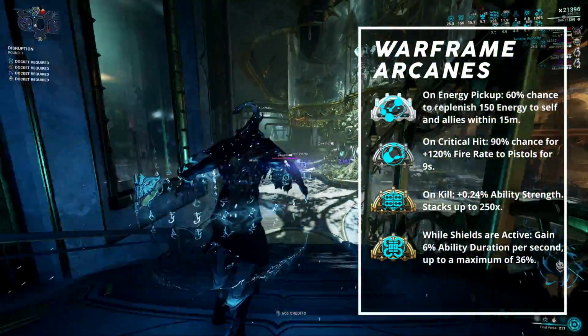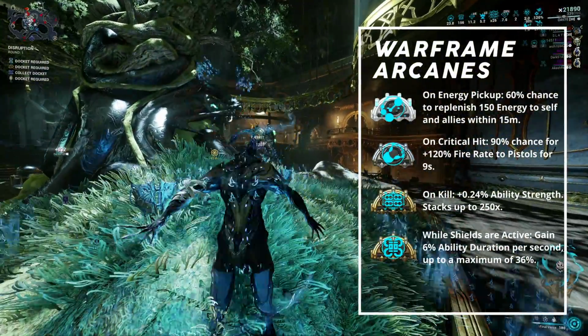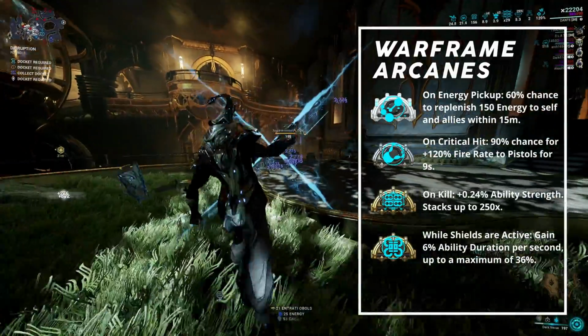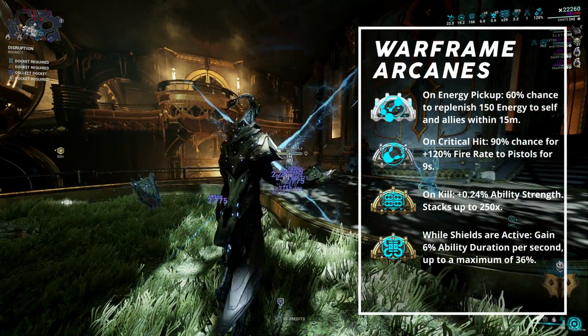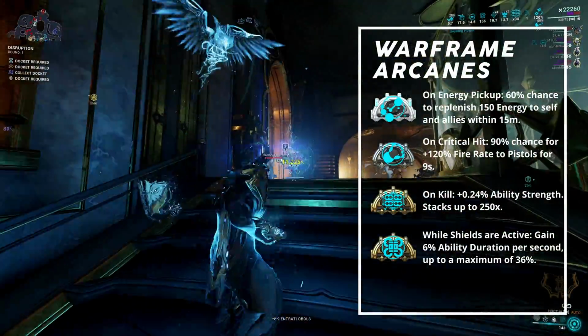In my opinion, Molt Augmented is a mandatory arcane. Having an ability strength buff affects all of the abilities in Dante's kit, drastically increasing his potential damage output. Lastly, there's Molt Efficiency, which grants ability duration. I feel like Dante's abilities last plenty long already, but this is a suitable arcane if you don't like the